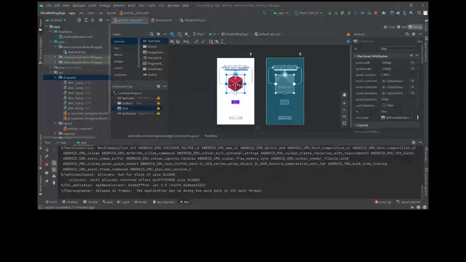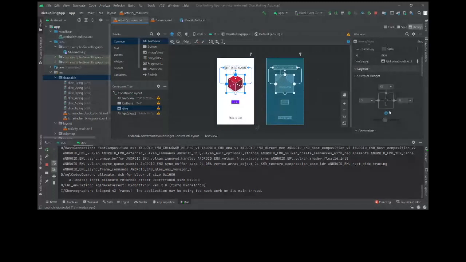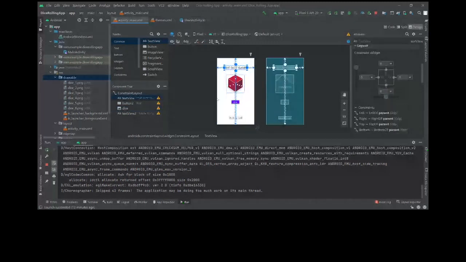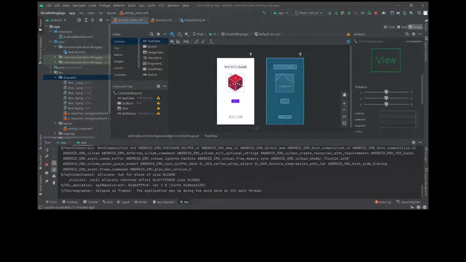Then I changed the top constraint of this image, and I set it to the start of the text view, so it will be here. So now everything is connected to each other. If I move this part, every other view moves with it. So you can make adjustments very easily in this layout. This is what constraint layout gives us. In constraint layout, you can arrange your views with respect to each other. There are other layouts also. We will not be talking about them now because constraint layout will be enough for most cases.